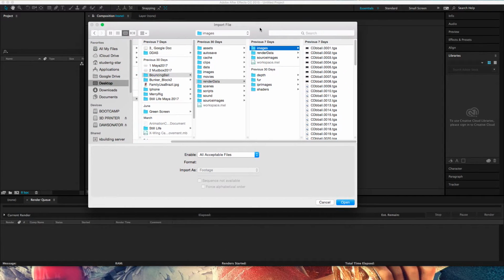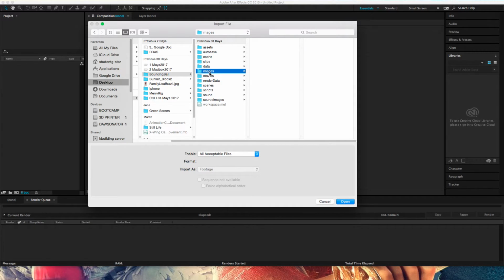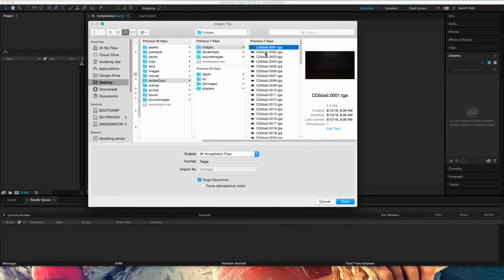Sometimes looking for your files can be a little tricky, especially if you don't know where you rendered them to. By default, Maya will put your rendered images inside of the images folder, but I know that I changed the location to go into my render data and then images. So what I'm going to do is click on the first image here, and we want to make sure that the target sequence is on. I'll press open,